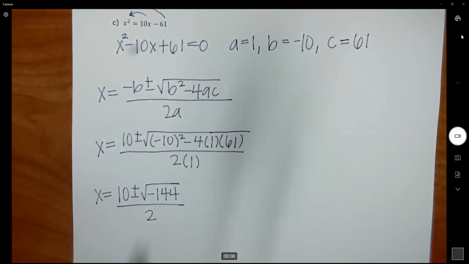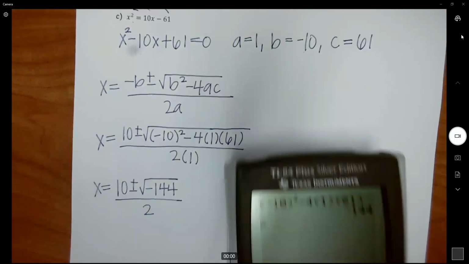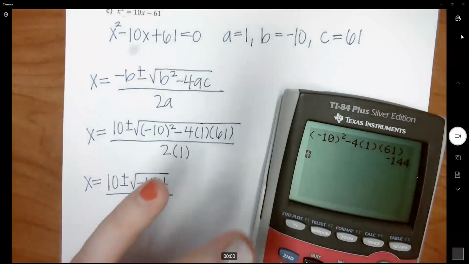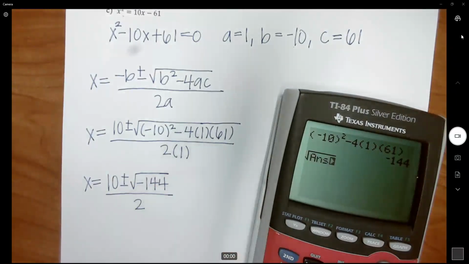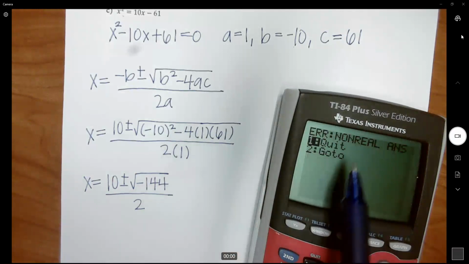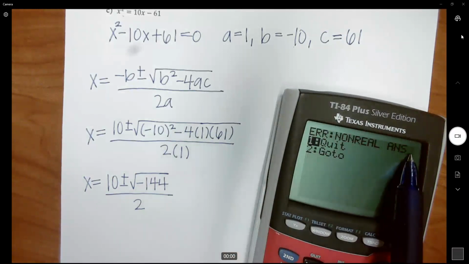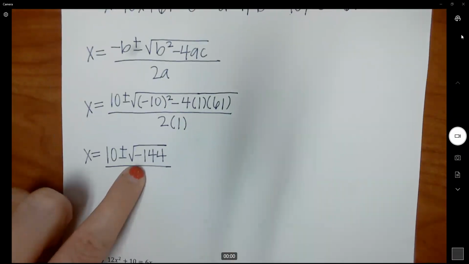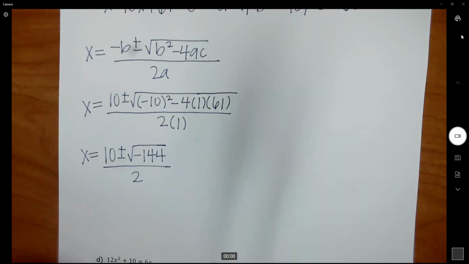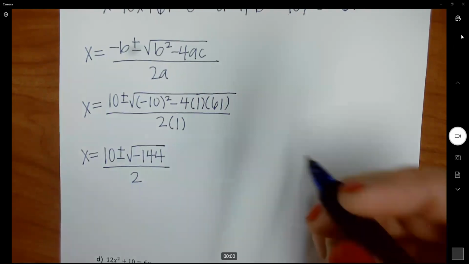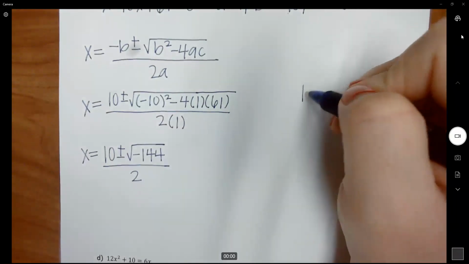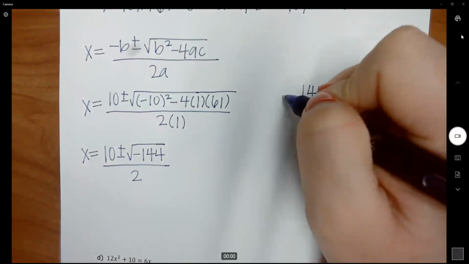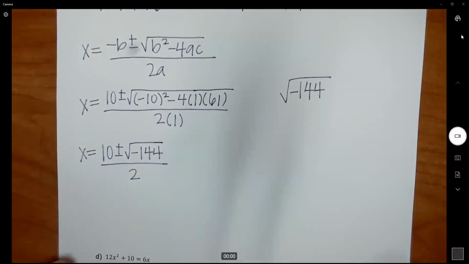When I get a negative under that radical, if I do the square root of that number, I'm going to get an error because it's a non-real answer. When you get a negative under that radical, this is when we get imaginary answers. We get complex answers. We get i's in our answers. So if I come over here to the square root of